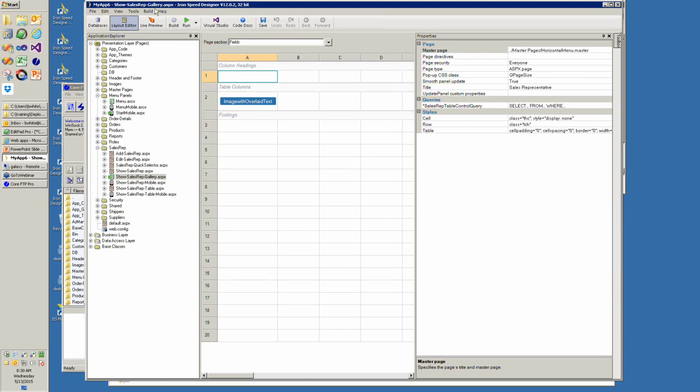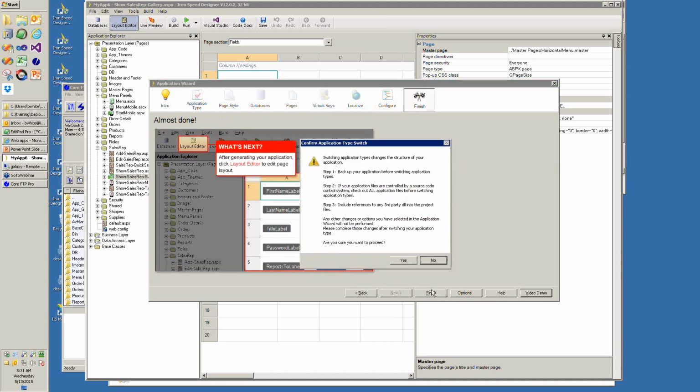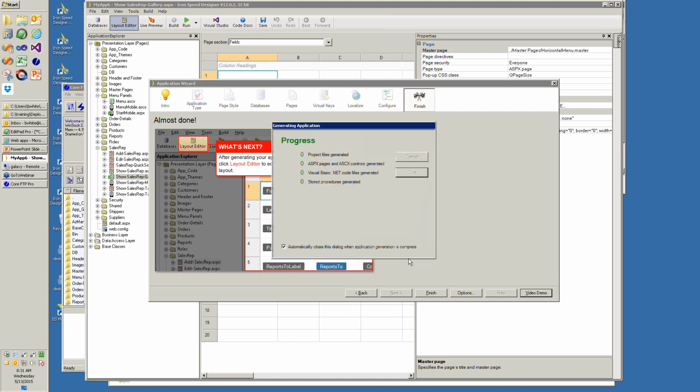We've got it now in the 4.5 framework, and so to complete my preparation, I want to take that, open the application wizard again, configure it this time. I want to make sure it's a web application. So this will complete transferring it to both the 4.5 framework and a web application. And again, I'm switching application structures. Make sure your application is backed up, and I will reinforce that with,